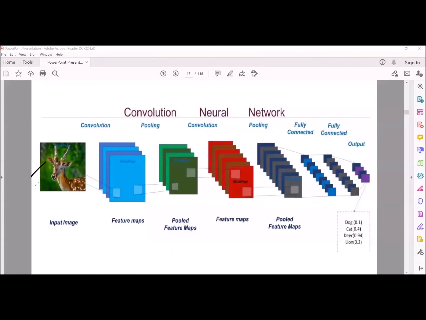In this image, a deer is there. I wanted to detect whether a dog or cat or deer or lion is there. By using 4 filters, we have 4 feature maps, for example. Then we have applied non-linearity ReLU, and then we have sent it for the pooling operation. Again, we have applied the convolution and the pooling, then flattening and the fully connected layer, and finally classifying. After the classification, it is showing a 94% chance for the deer. So we will classify this as a deer image.